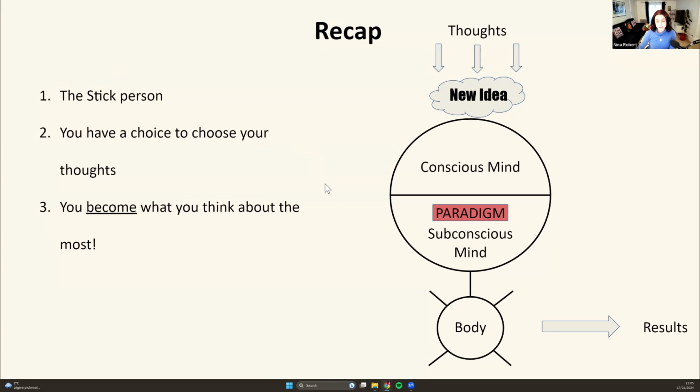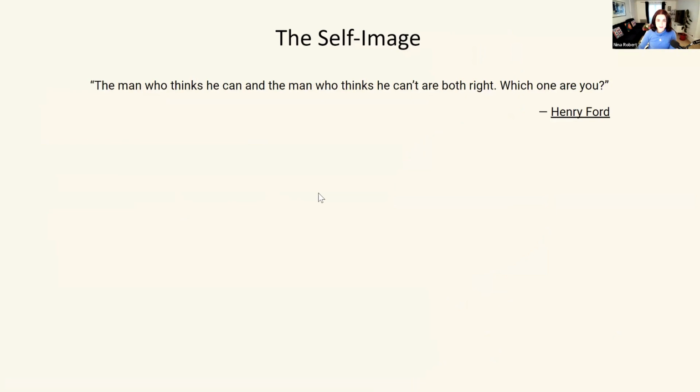And today I want the session to be more interactive. So if you happen to join me on Zoom, please feel free, when we start the Q&A part, to unmute yourself if you want to share or to express your question out loud. Please feel free to do so. And this actually will be a very good exercise concerning what we're doing today, that is the self-image, and that is our main subject for today. So let's start the self-image topic.